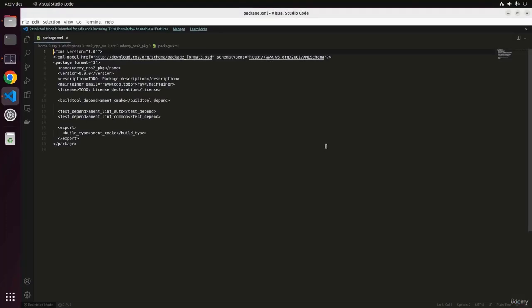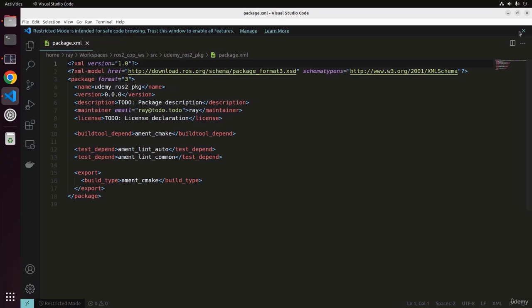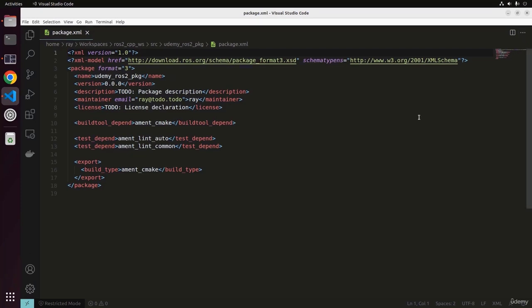So this will open up the file in our VS Code editor. Here we can see different fields to describe our package. I'll go ahead and zoom this in just a little bit, and close this tab for now. You would generally want to fill these fields such as version, description, maintainer, and license before releasing your package to